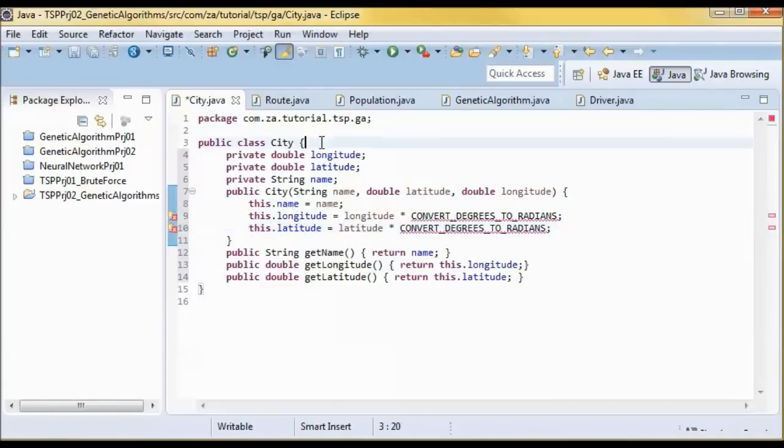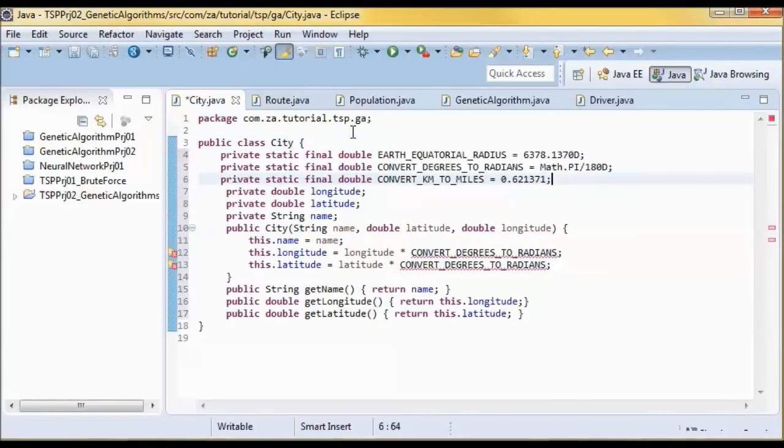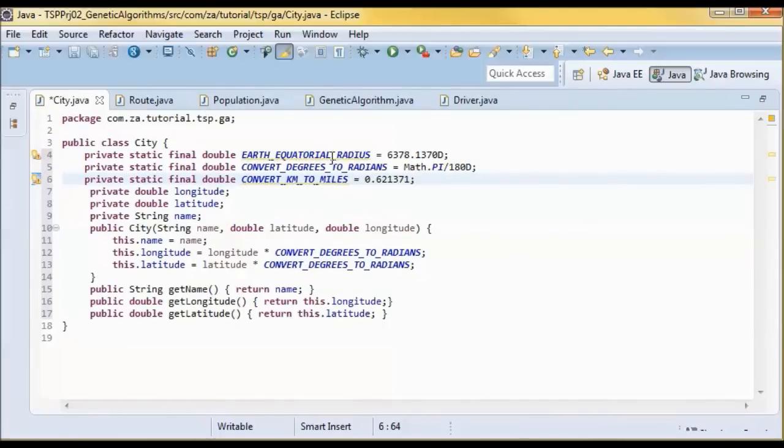And let me define those three constants. So the Earth's equatorial radius, and converting degrees to radians, and converting kilometers to miles.